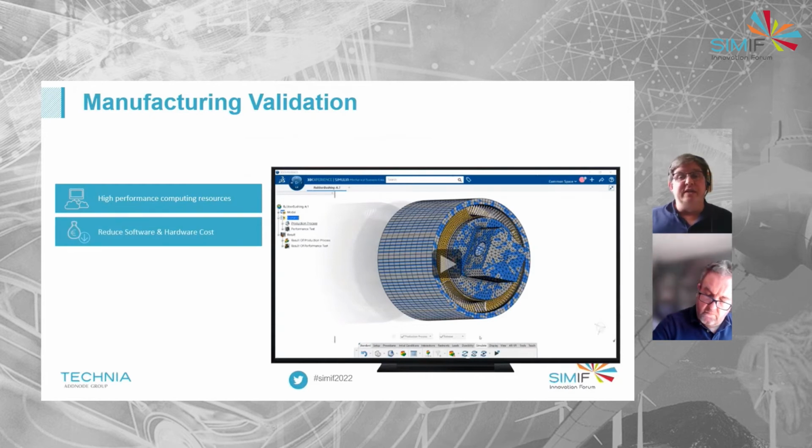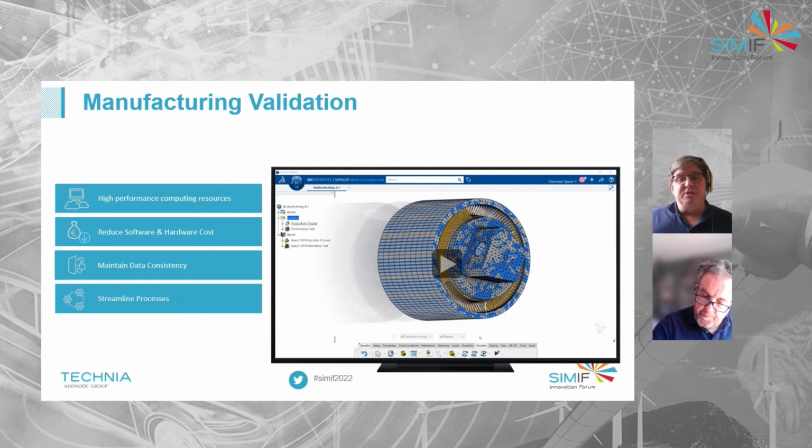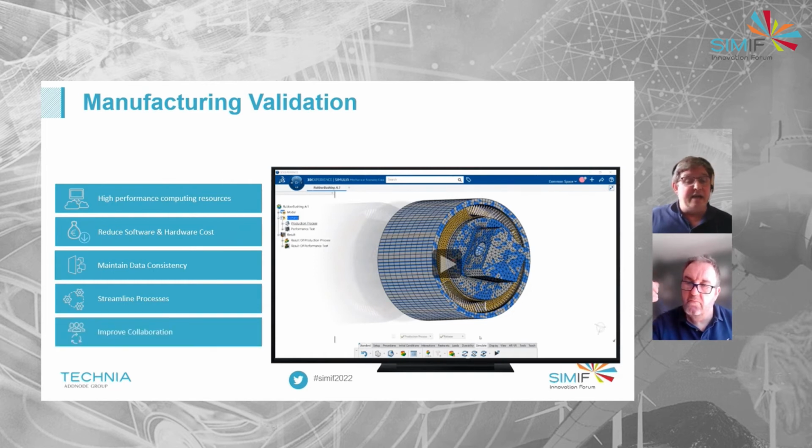So how are we going to run these simulations? We're going to push them up to the cloud and run them on the 3D Experience platform. It reduces all the costs of investing in a machine, in case we wanted to run these simulations. We can buy credits and tokens as we need them, and it streamlines all of our processes. We've very quickly moved from having a CAD model in SOLIDWORKS to having a simulation based on that exact same CAD data in the cloud, ready to run. So the collaboration, that MODSIM philosophy, is by default starting to happen.